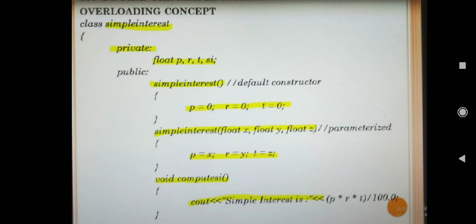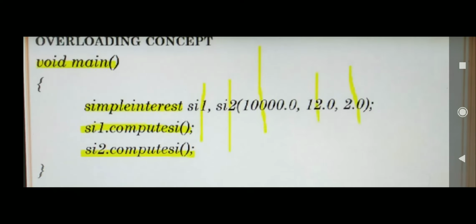In the default constructor, after simple interest you don't have any values in the brackets, whereas the parameterized constructor has values inside. Now you can see the overloading concept. Simple interest is the class name. We created two objects, SI1 and SI2, and three values are given, PTR.